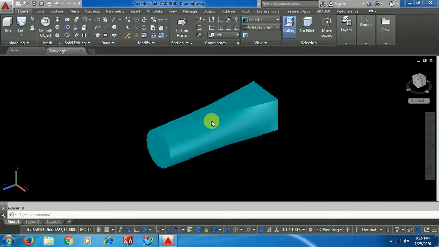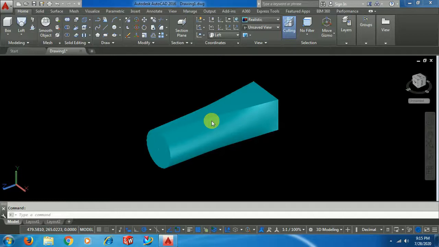I go back. Let me try with other sections, like taking a hexagon in place of a rectangle or in place of a circle.